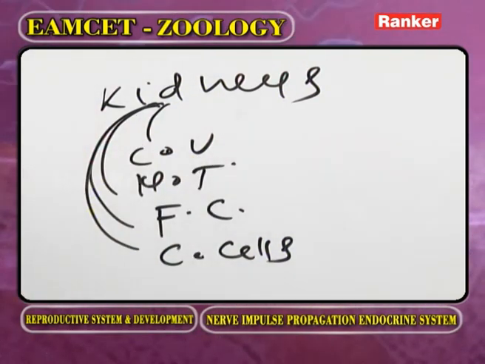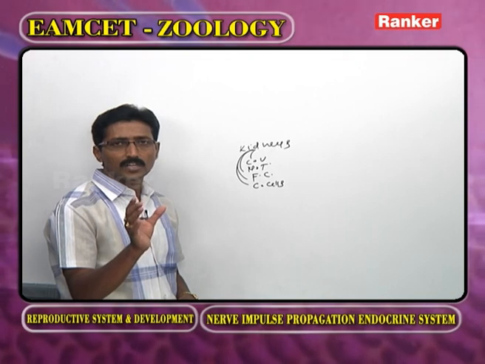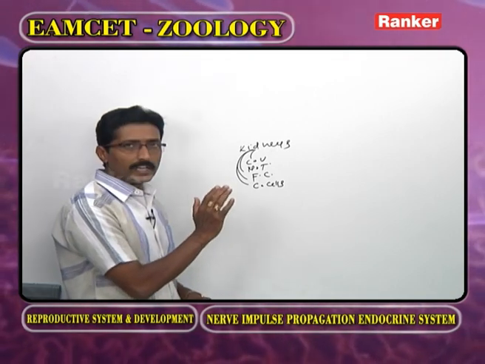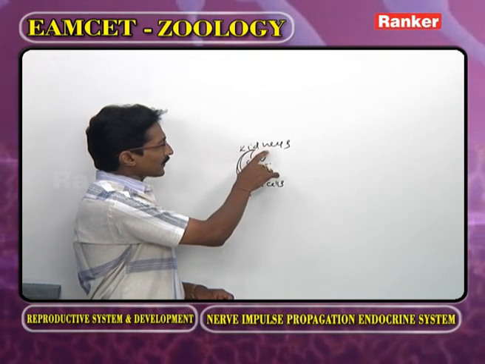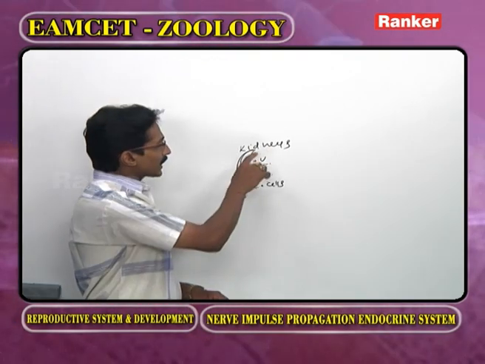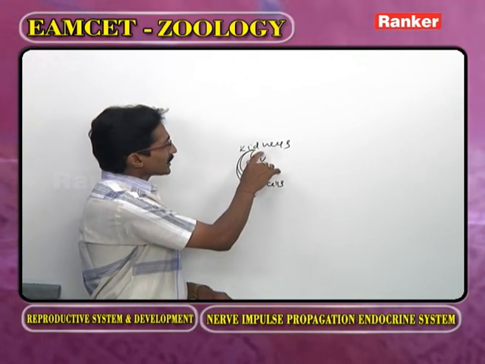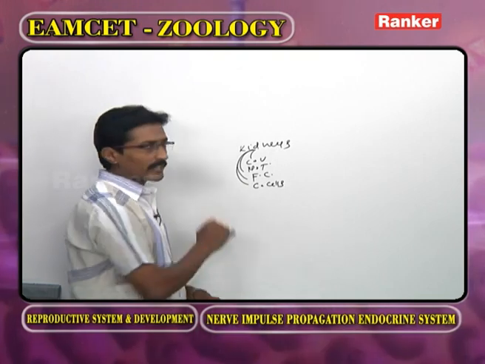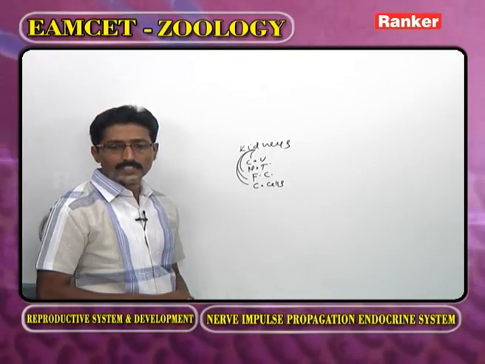Now as we observe the kidneys, these are the organs of homeostasis. What is meant by homeostasis? To maintain water and salt balance, that we call homeostasis. The kidneys are derived from ectoderm. The kidneys are made of nephric tubules. What are the structural and functional units of kidneys? That we call the nephron. Now the assertion is correct.